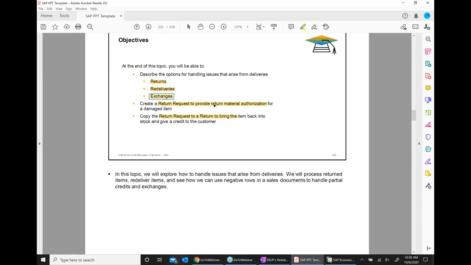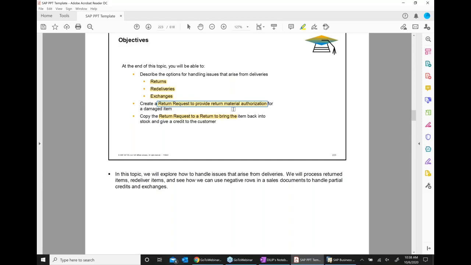In SAP, there is something called return material authorization. Return material authorization basically means that we are authorizing the product returning. That is also called a return request.